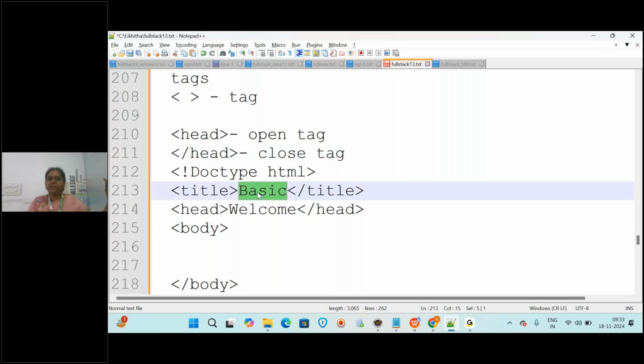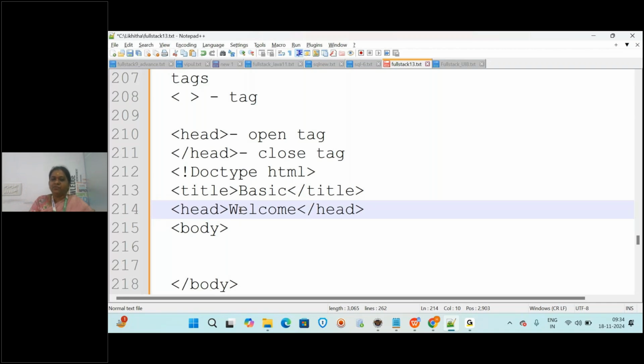So if this basic text has to become the title, applied with the title of your page, it should be written between the open tag of title and the close tag of title. Then the title style will be applied to the text you are typing. And again, head: whatever you wrote in between the open tag and closing tag of head will be applied with head style. And importantly, the body tag.